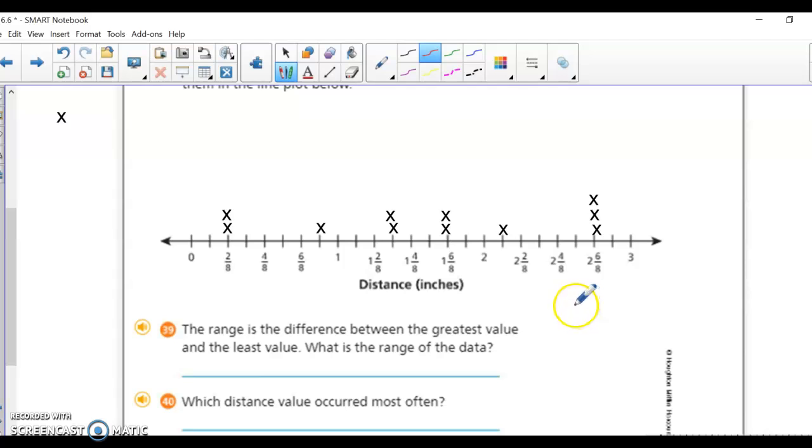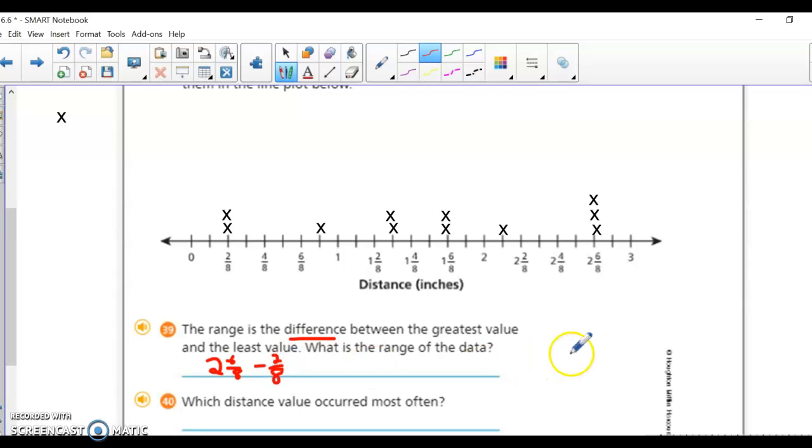So what you'll do is figure out, okay, my biggest value. Well, I had 3 measurements here of 2 and 6/8. I have 3 on my number line, but it's not represented by any X's. So your biggest value is 2 and 6/8. And then the difference, this is a key word for subtraction. So the least value, or my smallest value, is 2/8. So I need to subtract